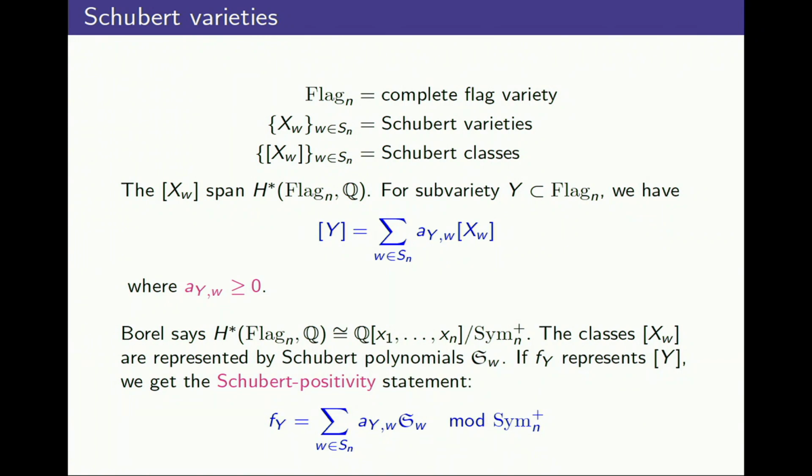So that was for any subvariety. No, they're not. Oh, they're the same guys. So all I'm doing is transforming this class computation, working with Schubert classes and the class of a variety, into a polynomial question. You hand me the class of a variety as a polynomial inside this guy, and I can express it in terms of Schubert polynomials. The same coefficients will show up. That's how I know beforehand that they're going to be non-negative.